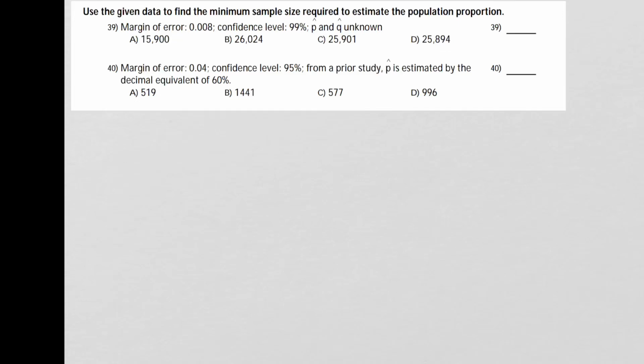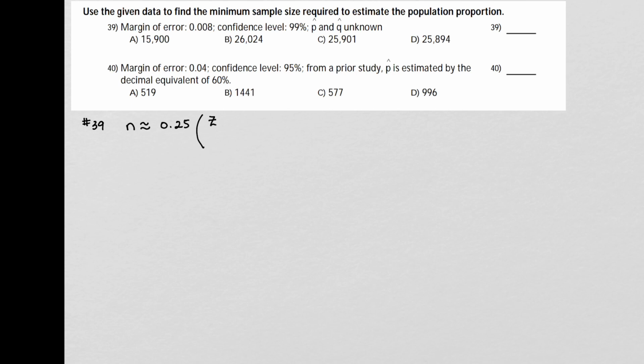In this problem, we need to find the minimum sample size required to estimate the population proportion. So in number 39, we are given the margin of error and the confidence level, but p hat and q hat are unknown, which means that we're going to use the formula that the sample size, n, is approximated by 0.25